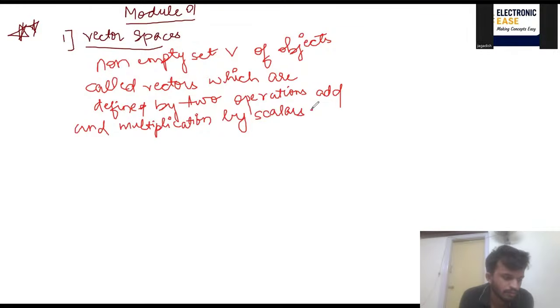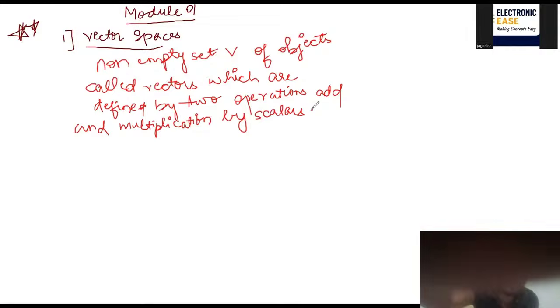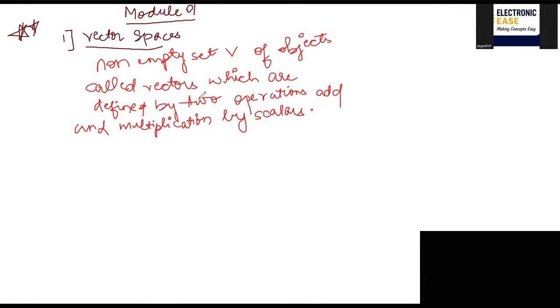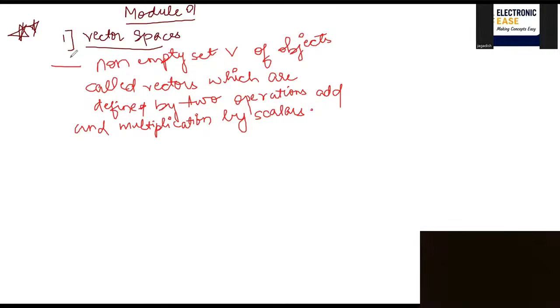Okay. And multiplication by scalars. So the vector space definition you need to learn: it is a non-empty set V of objects called vectors, which are defined by two operations,